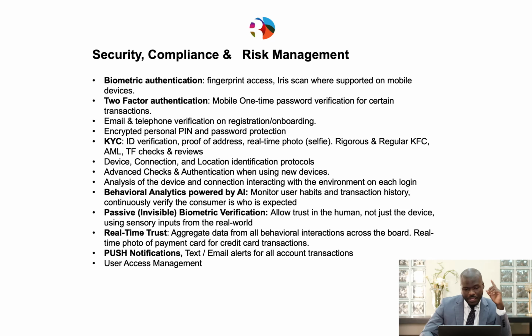It should then stop me from conducting transactions and ask me to authenticate myself again to make sure that I am who I say I am. Other considerations from a strong customer authentication perspective would involve behavioral analytics powered by AI, where you can monitor